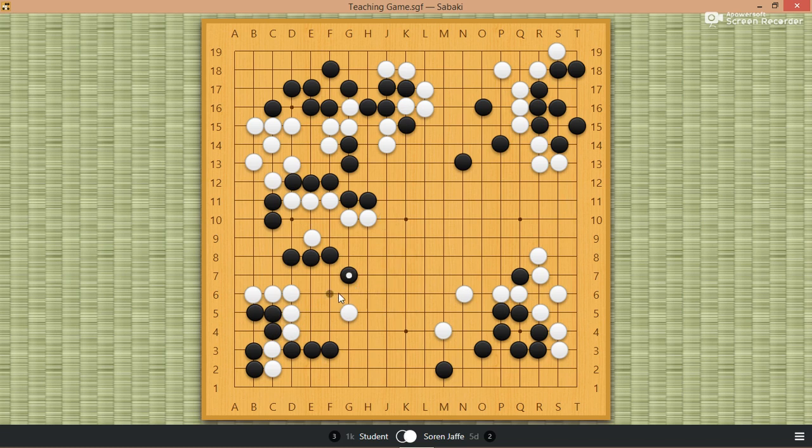But you do this one, and notice by black playing here, black's getting ahead in the fight. Black is ahead of white, and that's very important. Whereas going here, it doesn't help black get ahead of white. Bamboo joint. It is an empty triangle, but it's a bamboo joint, so...